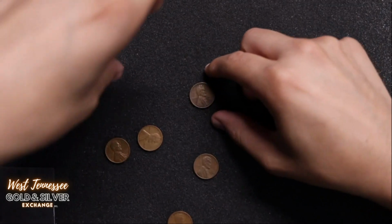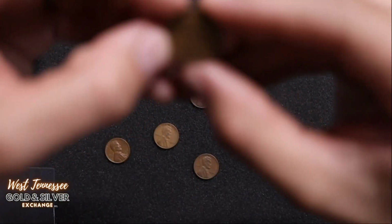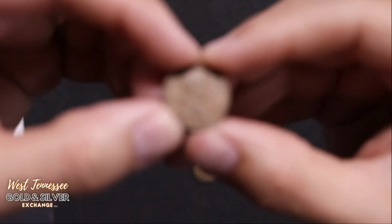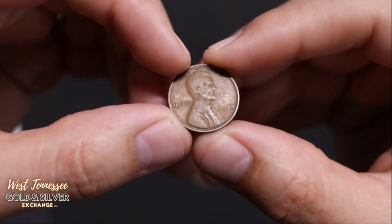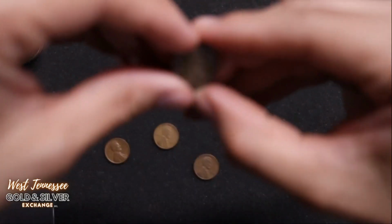That will go into the wheat pennies. And here we have a 35. Not really a good year, but still a 35 Wheatie. A 46 Wheatie,